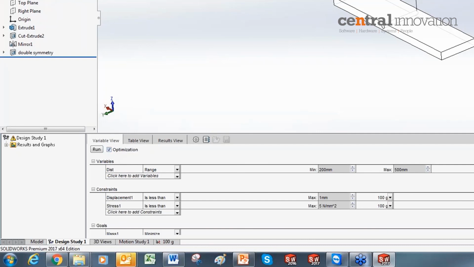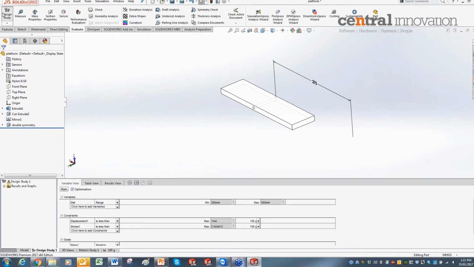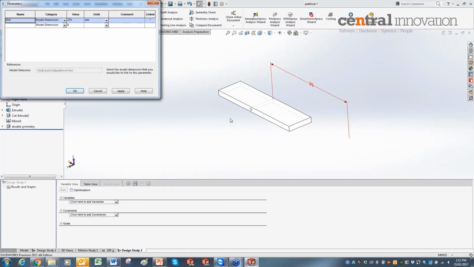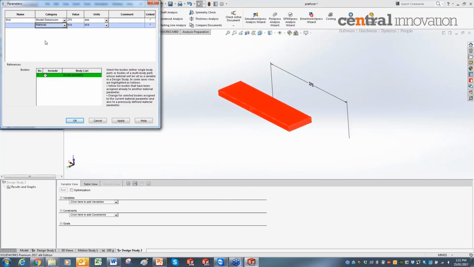Now you can ask me a question, what is the difference between design study and load case manager? In design study, we can change the geometry dimension and we can create a scenario for that. We can change the material property. You can see here, I can choose material. You can see material is added in here. So I can give some name